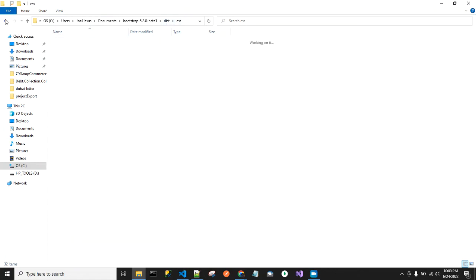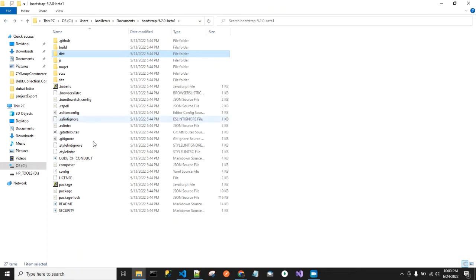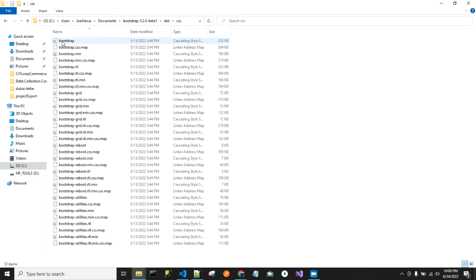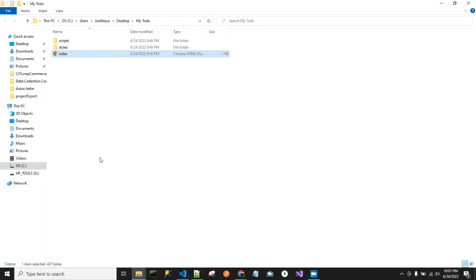The source contains a lot of things, but I don't care. I only need the CSS, which is inside this folder. Then I can just copy bootstrap.css. Once I copy this bootstrap.css, I come to where my to-do is, I come to styles, and then